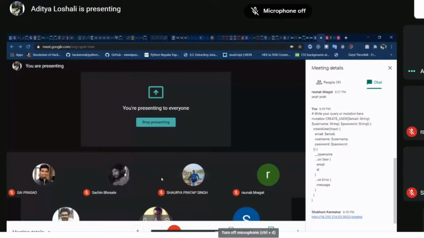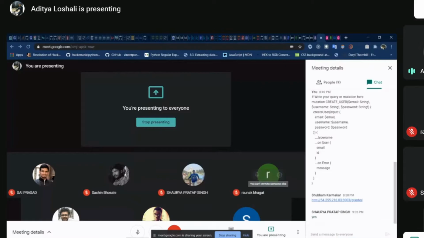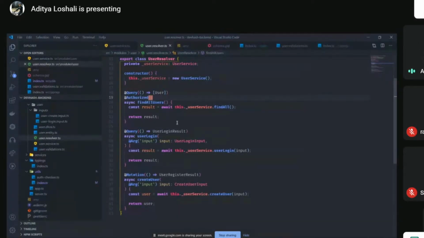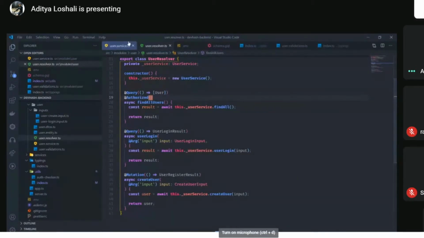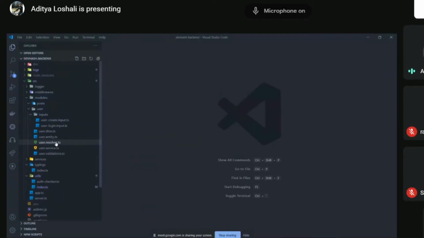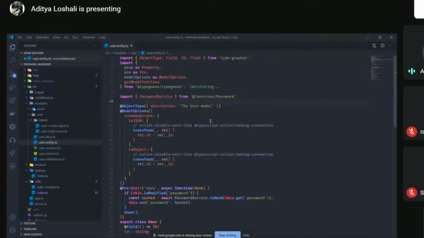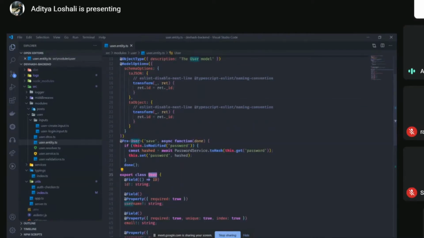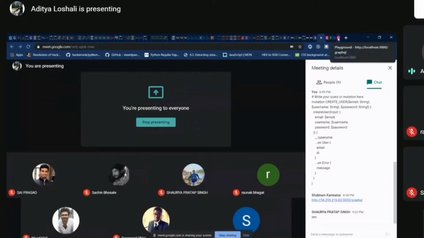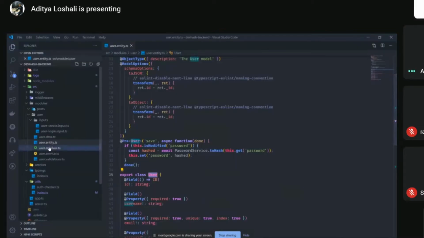Yes, we understood. Okay, so you got the rough idea how it's working, how the things are organized. One or two more things that I would like to add here is that in each of the modules, we have this entity file. This is how the MongoDB schema and also the GraphQL schema, the return type, is created. So I have created the user model here. Everything related to queries and the return types, we create them separately.